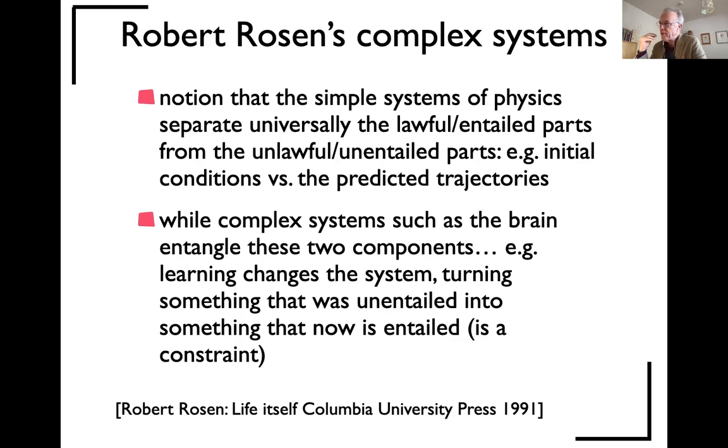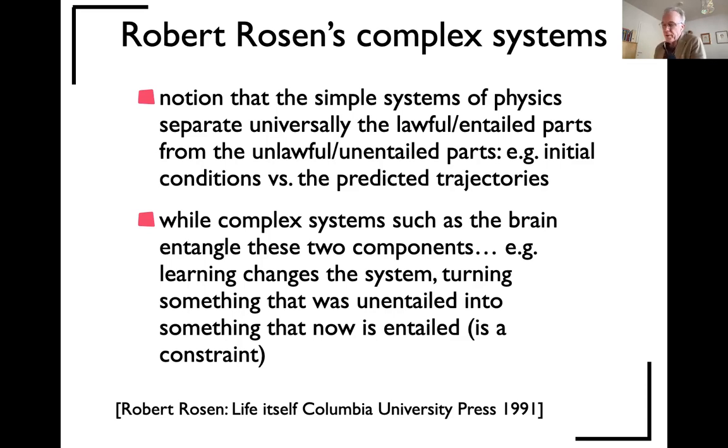So he talked about simple versus complex systems, and essentially argued that in complex systems, there would be constraints, but you can't really identify them. You can't really find the laws. And the reason for that is that they mix the lawful and the unlawful stuff all the time. And so the metaphor was that things like learning, behavioral adaptation, cognitive flexibility, and so on, make that something that's not lawful, just like the environment you were confronted with is then incorporated into your mind, and now is a property of the mind, and in some sense a constraint, and becomes lawful. And so you can mix that.